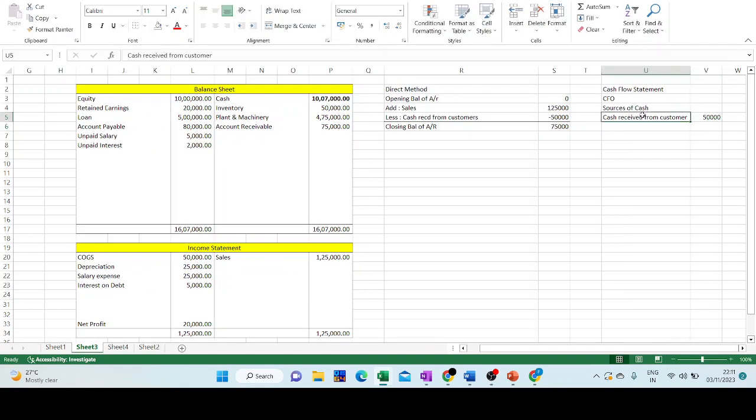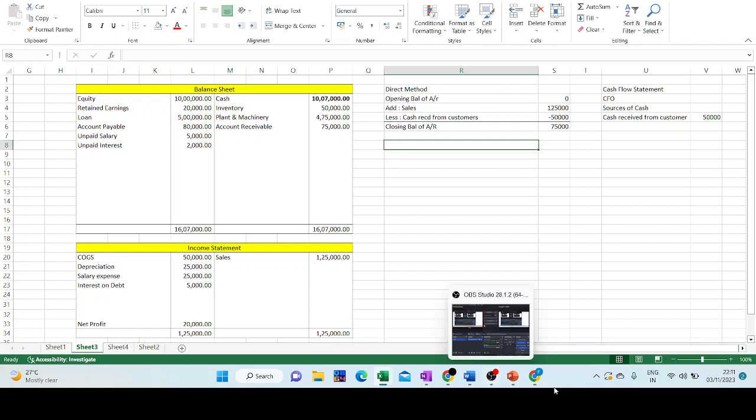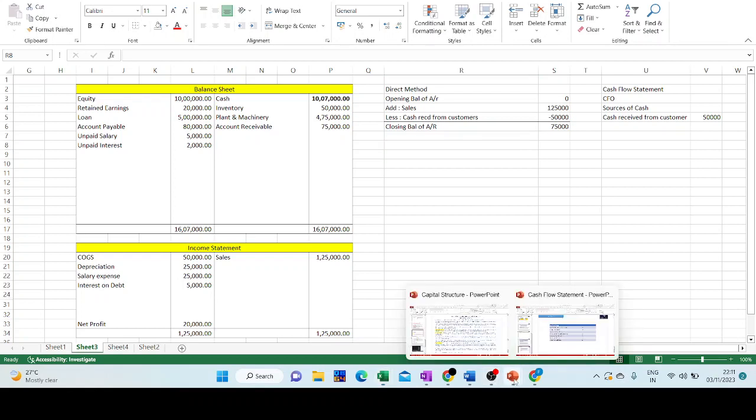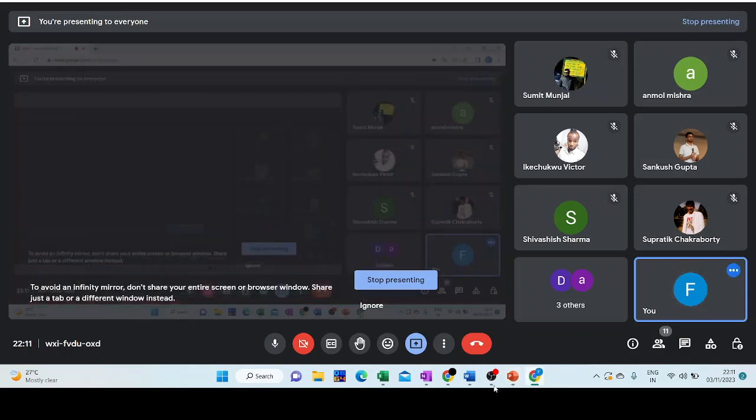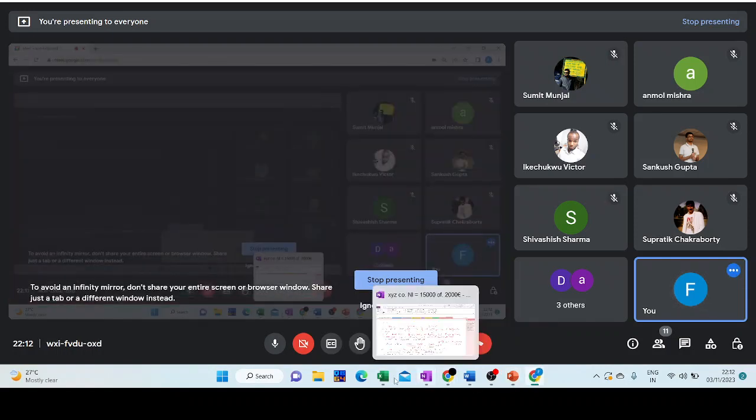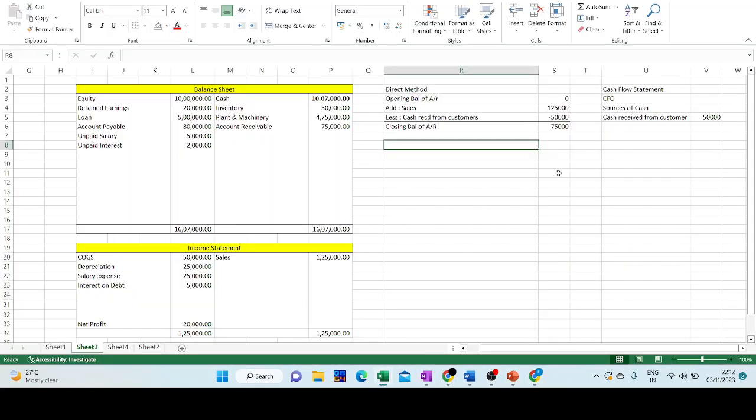So cash received from customer is an inflow. That is why we are reporting it as a positive number. Okay, now the next thing we need to calculate is cash paid to suppliers, which is a use of cash. How will we calculate the cash paid to suppliers? I told you that we need to